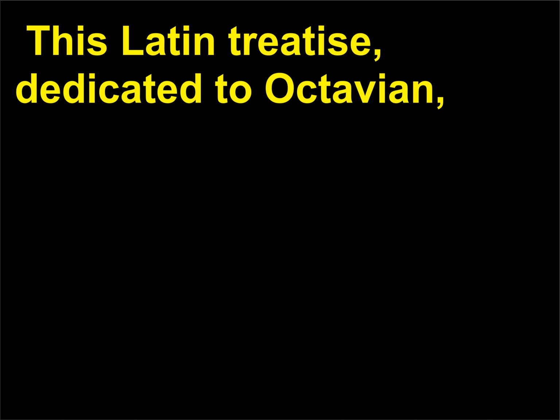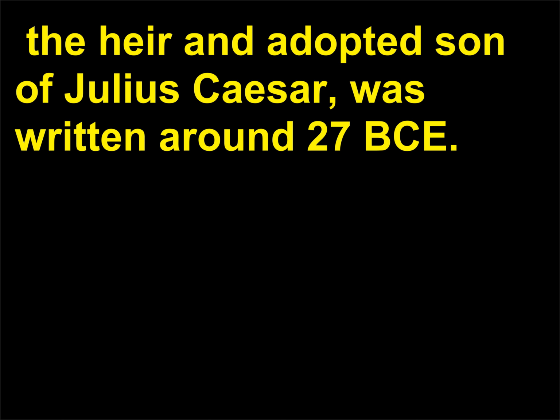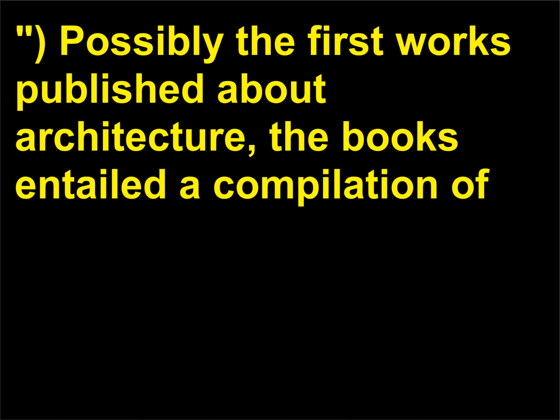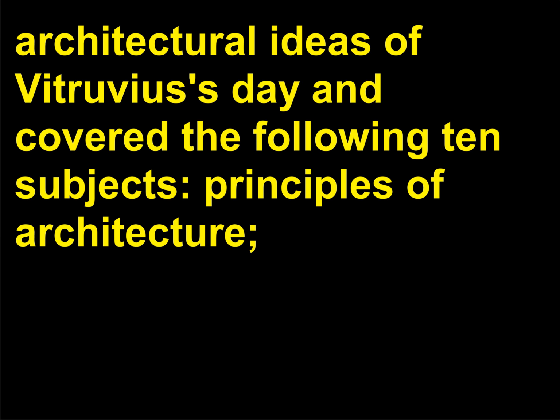This Latin treatise, dedicated to Octavian, the heir and adopted son of Julius Caesar, was written around 27 BCE. For more about Octavian, see Mathematics Throughout History. Possibly the first works published about architecture, the books entailed a compilation of architectural ideas of Vitruvius's day and covered the following 10 subjects: principles of architecture,